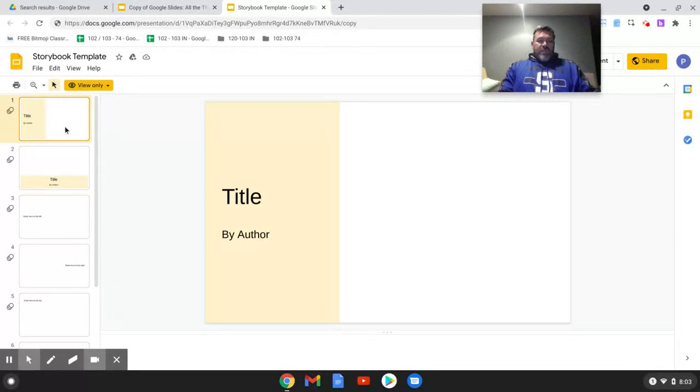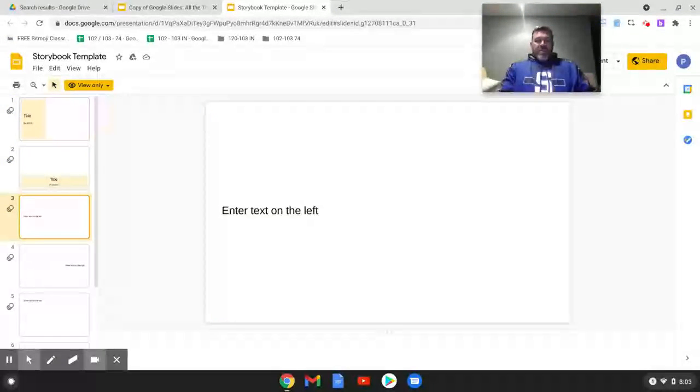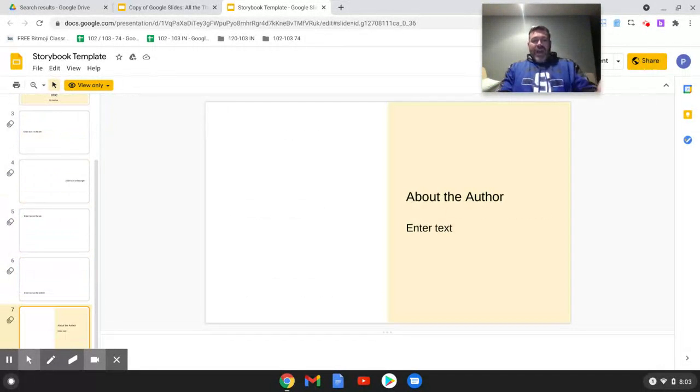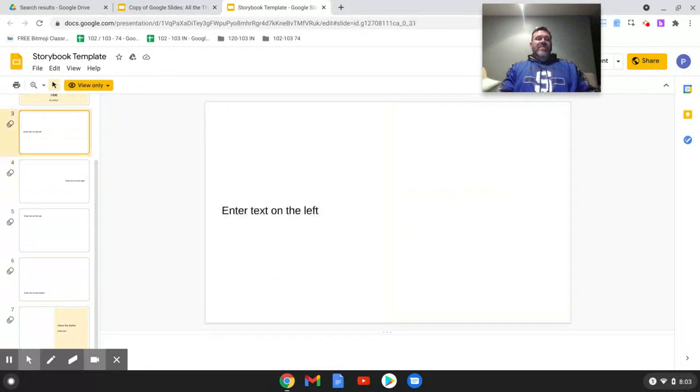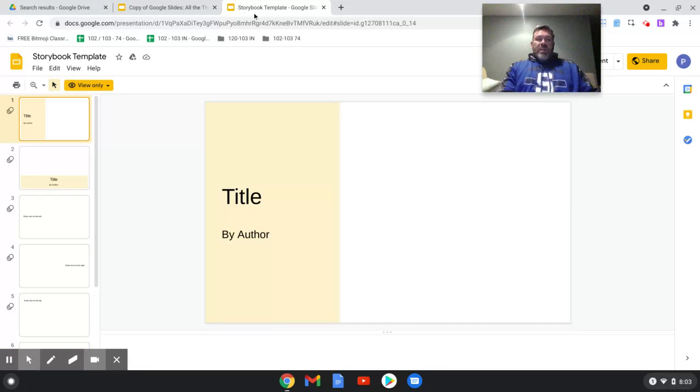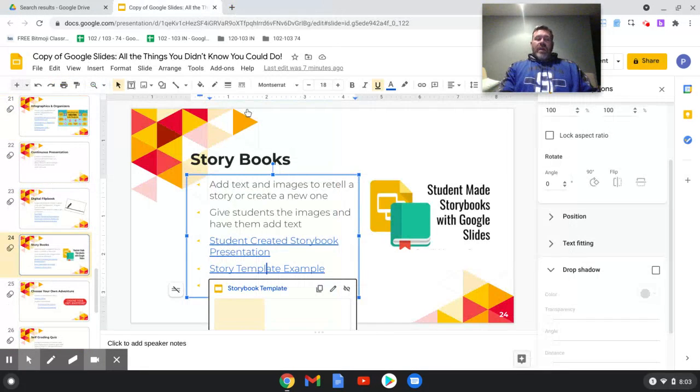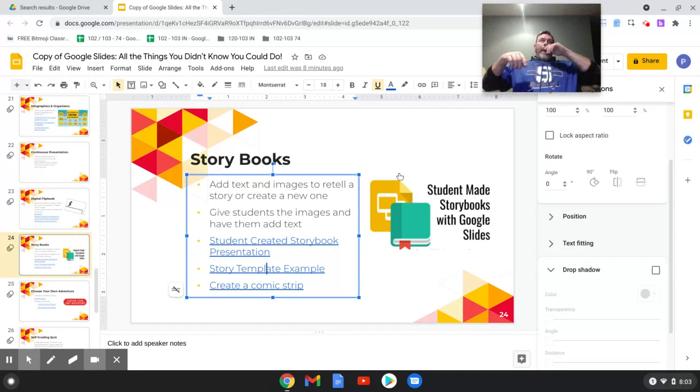But if you look, this is a great storybook template that you can add pictures and all sorts of text and things like that, and the students can use to build their own. And you're going to see later on, we're going to talk about how to,